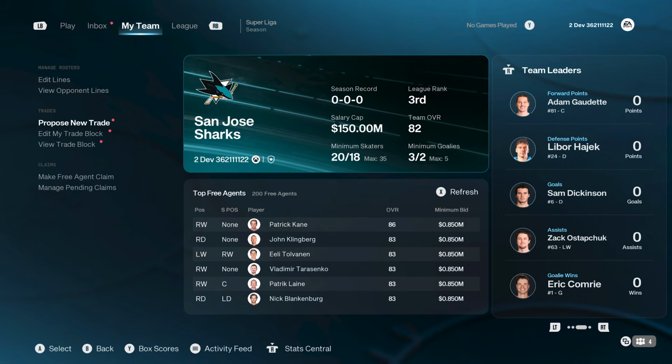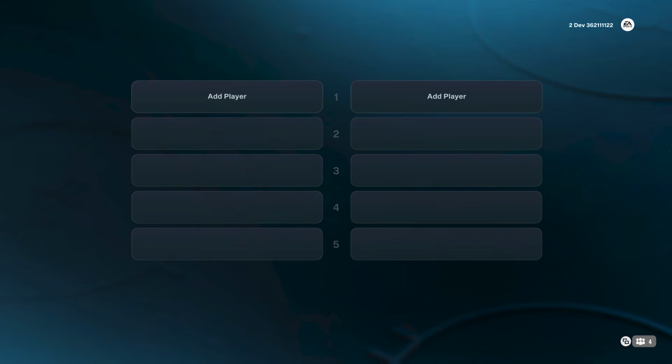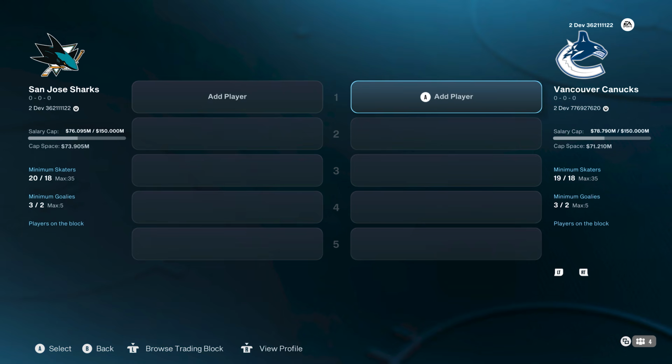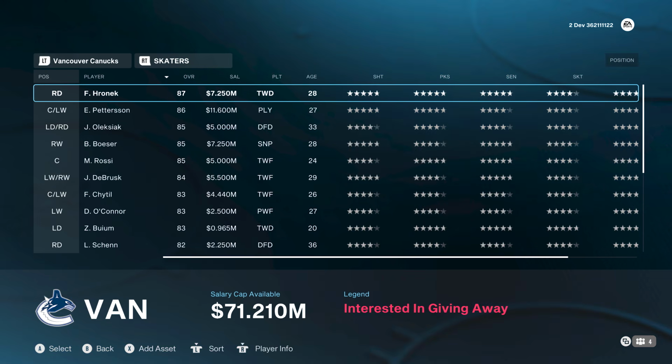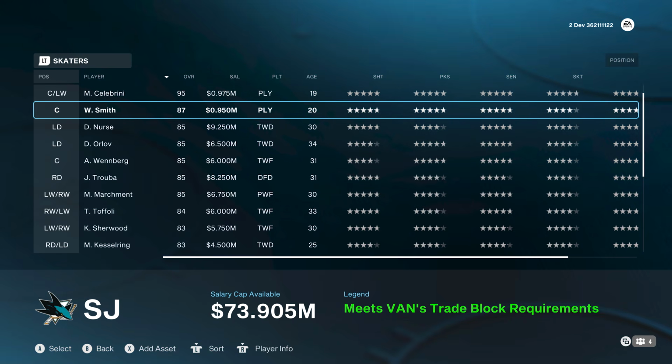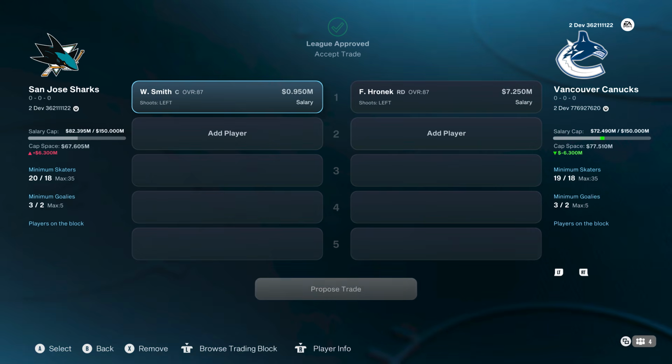And then lastly, you can go into the proposed trade screen as well. From here, it's a very familiar screen, but a little bit different. You'll see all the users that you can propose a trade with. You'll be able to add up to 5 players to trade with as well. As I make a trade here with Will Smith for Philip Hronek, you'll notice that there's a league approved section